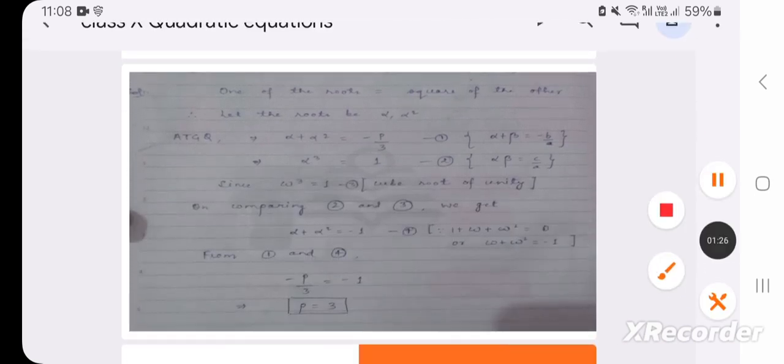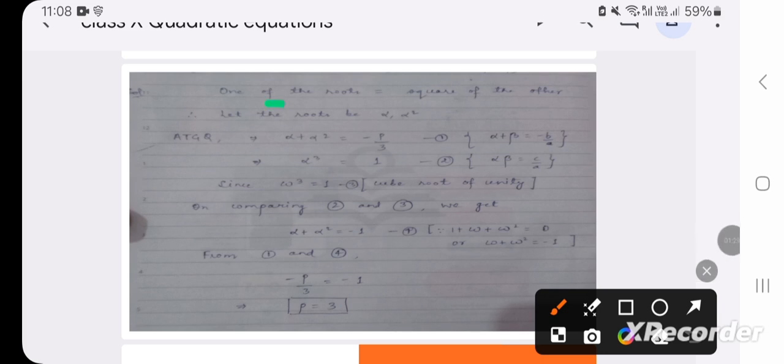So here is the solution. As it is given, one of the roots is the square of the other. So if one root is alpha, then another root will be alpha square. Now according to the given question, and as we know, if in a quadratic equation there are two roots, alpha and beta, then the sum of roots is equal to minus b by a, and the product of the roots is equal to c by a, where a, b, c are the coefficients of x square, x, and the constant. So here, if we put the values, alpha plus alpha square,